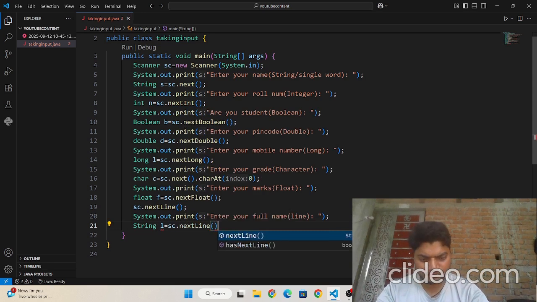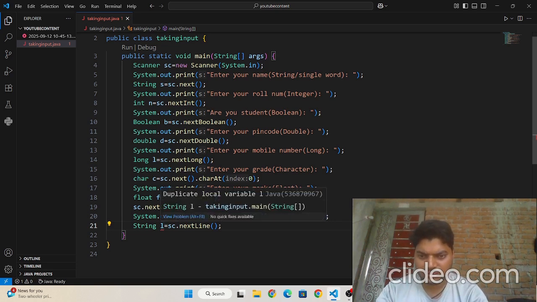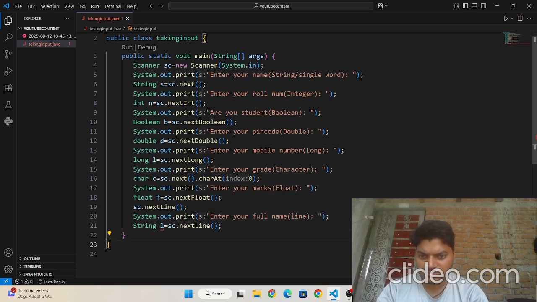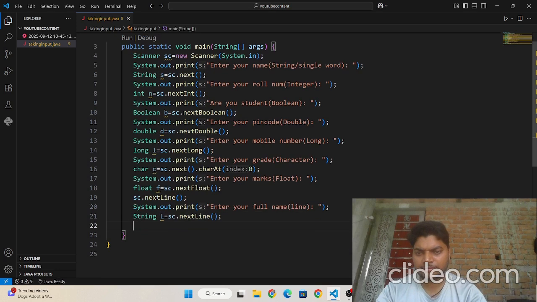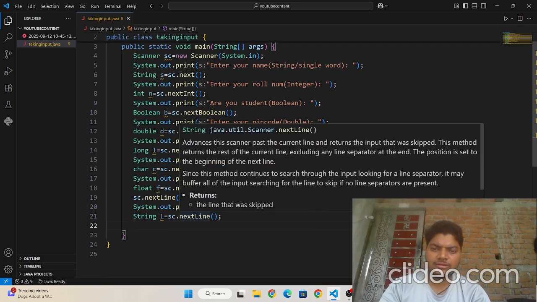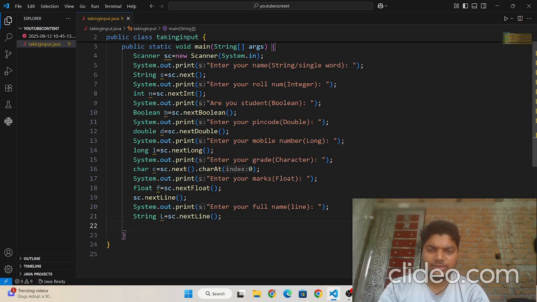When I write this sc dot next line, it will leave the process in buffer.